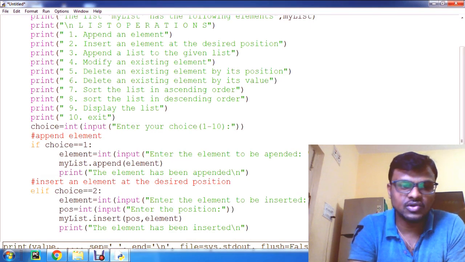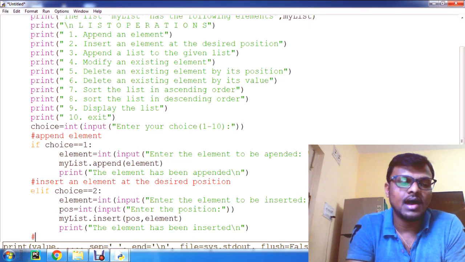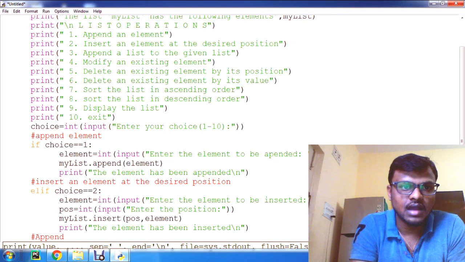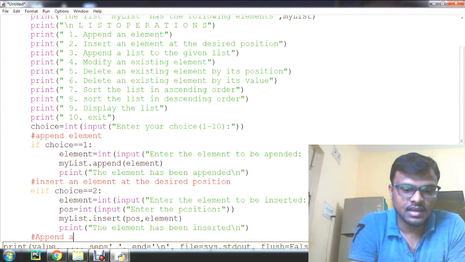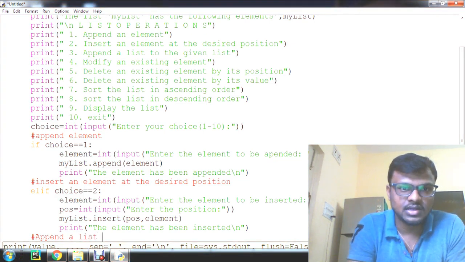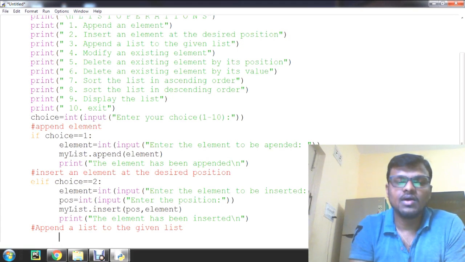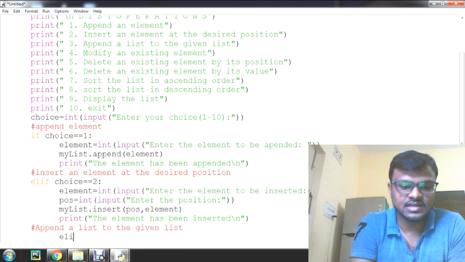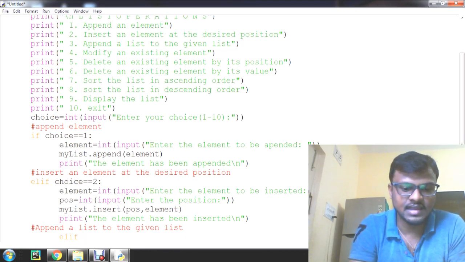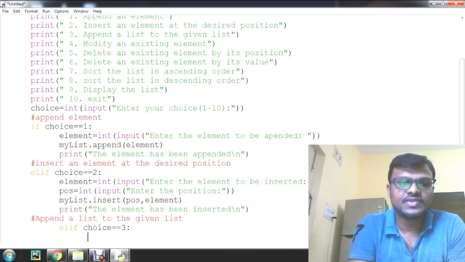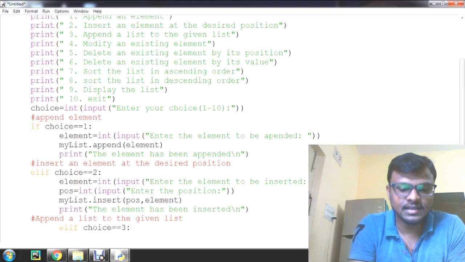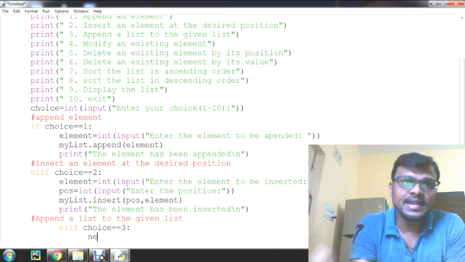Clear? Now we'll move to the third operation, that is append a list to the given list. Okay guys, for this we need to check the condition, that is choice first. Elif choice is equal to 3. If choice is equal to 3, then we need to append a new list.